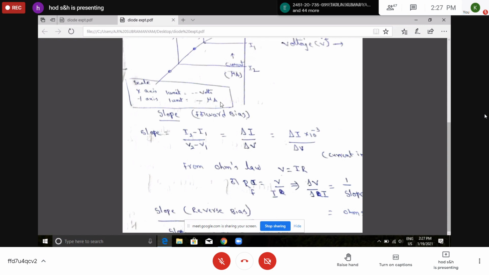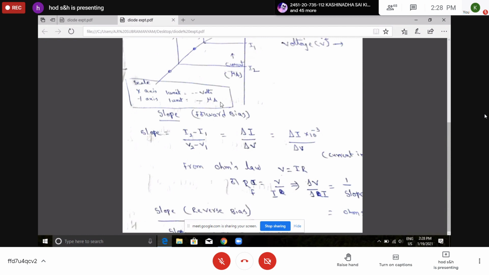In this way you calculate the slope, and the resistance of the diode in the reverse bias is 1 by slope, that is in terms of 10 to the power of minus 6, you will be getting the resistance in some kilo ohms in the reverse bias. In ohms you will be getting the resistance in the forward bias. So this is the way you can calculate the resistance of the diode both in forward bias and reverse bias. In the experimental part, in the simulation, you took 4 diodes, but at least for 1 diode, for forward bias and reverse bias, you should check that the values are correct.